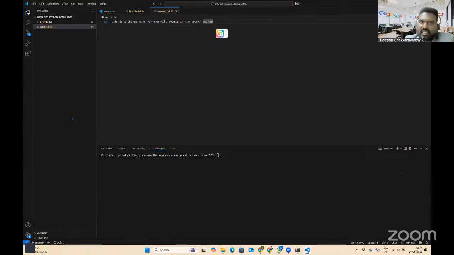Whatever changes I'm doing in the working tree are not tracked. When I tell git add, these changes will be tracked, so it is called the stage tree. And the moment you issue commit, whatever is in the stage moves to the repository. So work tree, stage tree, and then commit.